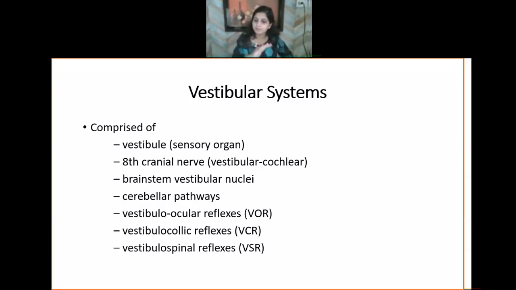Now, what happens if our vestibular system is not working? We are still able to achieve our balance with our visual and proprioception, but not 100%, maybe 80 or 90%. It increases our cognitive load and affects our ability to perform dual tasks or complex tasks, because our brain is now concentrating on maintaining balance. I'm not going into detail, but basically as vestibular therapists, we deal with the three reflexes: VOR, VCR, and VSR. Let's move forward.